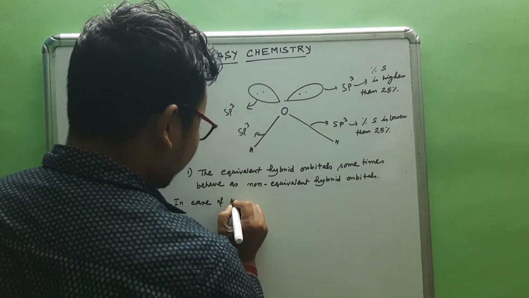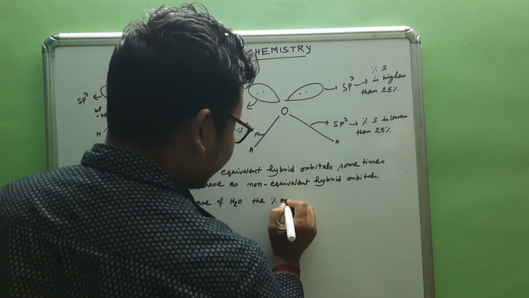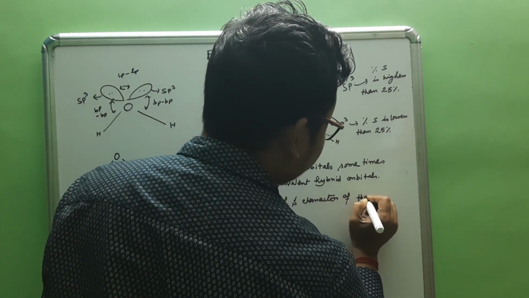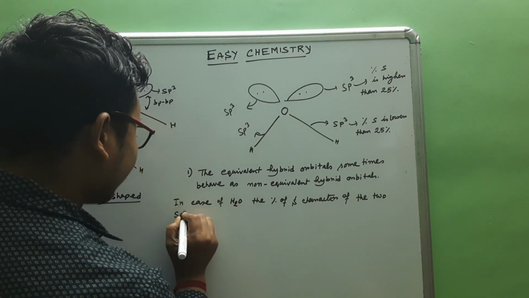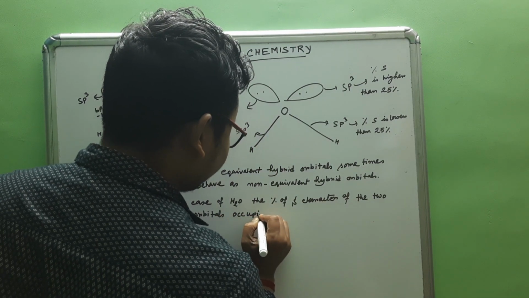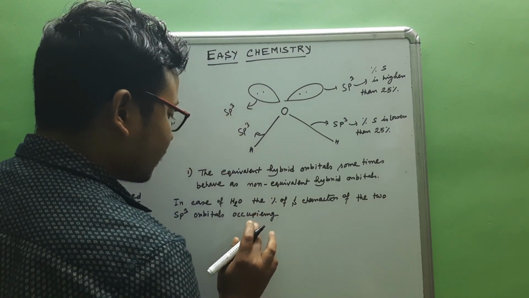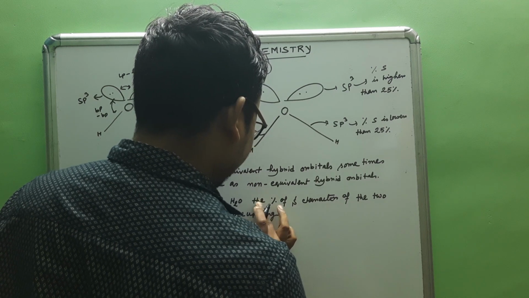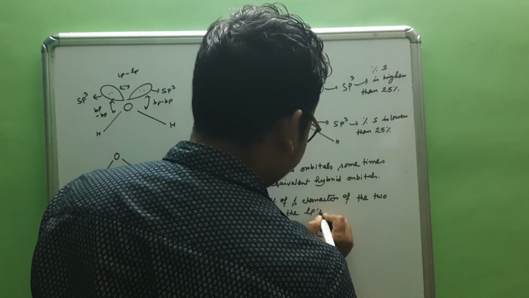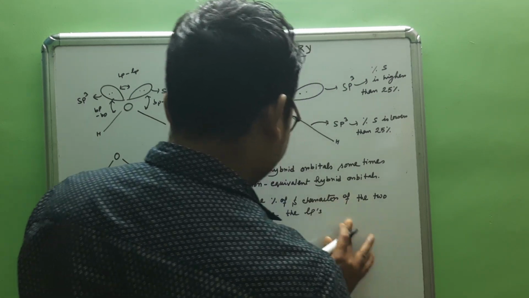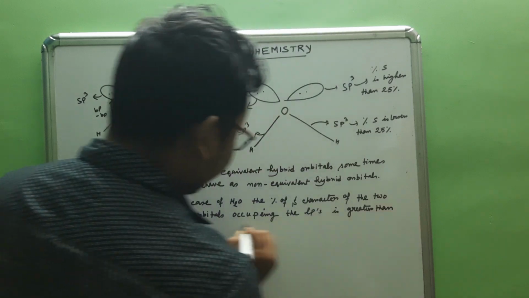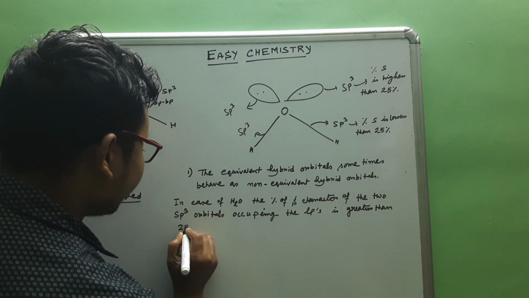So in case of H2O, the percentage of S character of the two sp3 orbitals occupying the lone pair is greater than 25%,